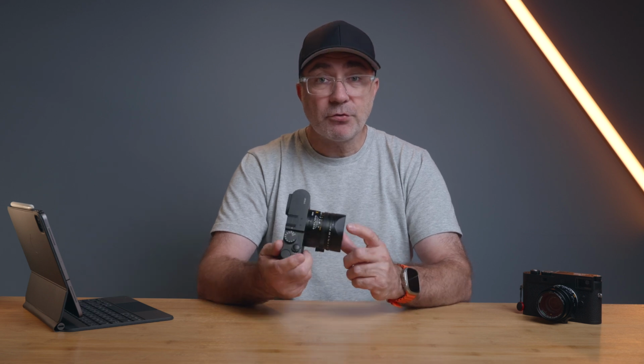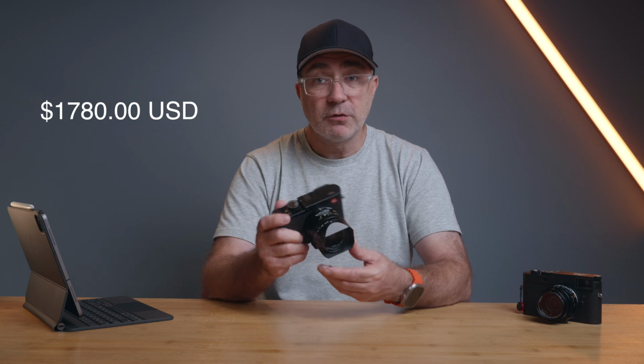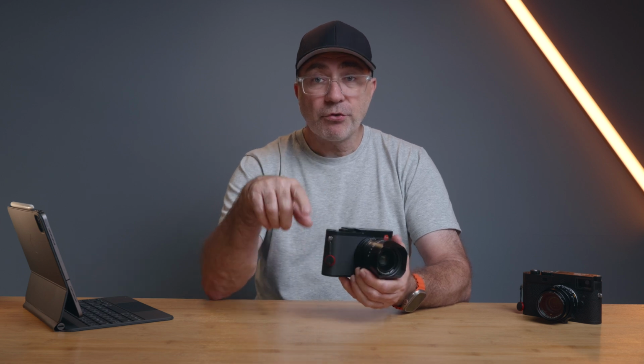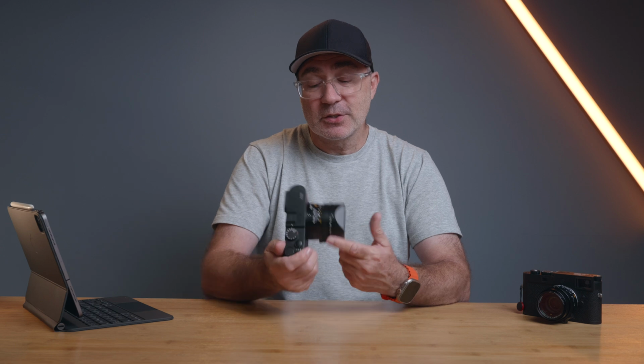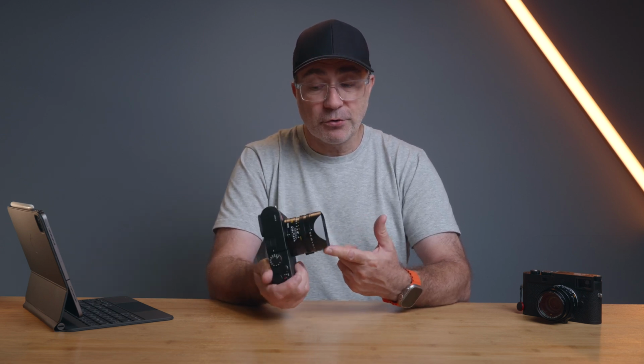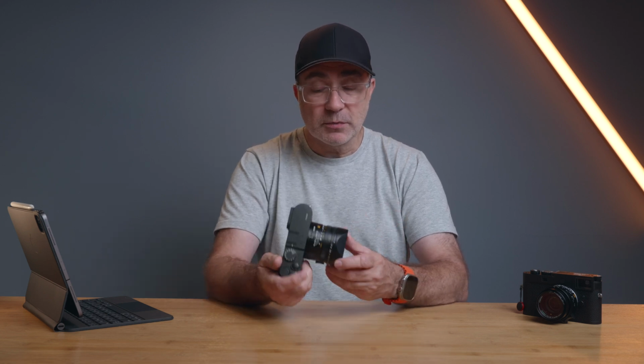Now I paid just under 3,000 New Zealand dollars for this camera. May seem a bit expensive for a 10-year-old camera, but this is a Leica Q. The Q3 at the moment in New Zealand is 13,000 New Zealand dollars, so this is $10,000 cheaper. And it shares a lot with the Q3. Obviously things have improved and it's got more megapixels and so on, but there's a lot of things it still